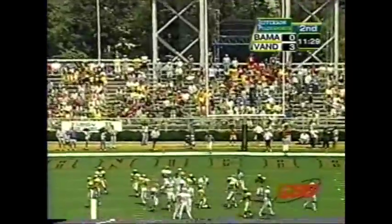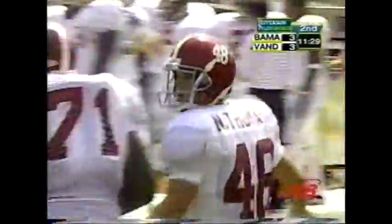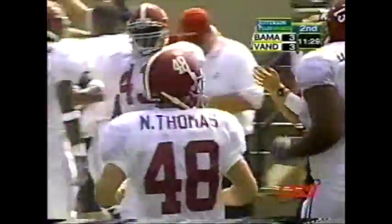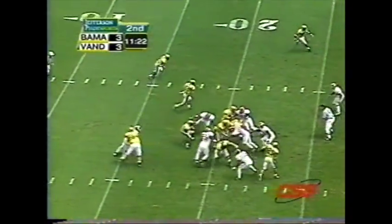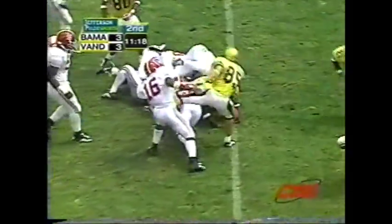Thomas sets sail, and it is perfect. So Alabama matches Chuck Foligno's field goal, and we are knotted up at 3 in Nashville. A little confusion, play clock trickling down, handoff to Lou Thomas. Look at him move around. Lou Thomas,